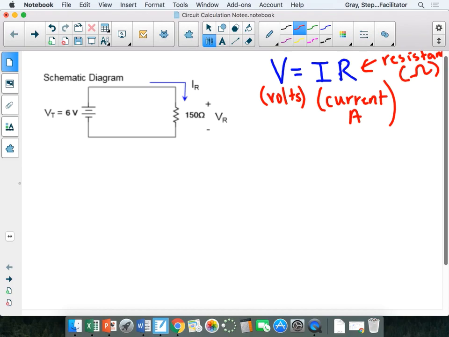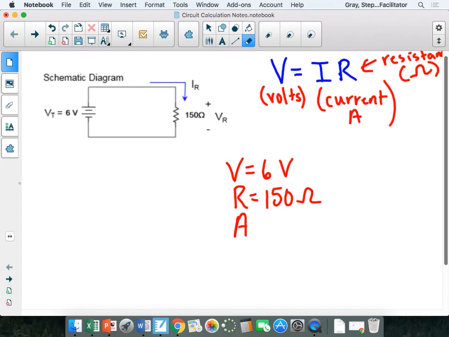Okay, so on the first one, they're just asking, the flashlight uses a 6-volt battery, so our voltage is 6, okay? And it has a resistance of 150 ohms, so the resistance is 150. And they're just asking you to find the current, which is your amps, or I. 0.04. Yeah. So we're finding I on this. I'm assuming it'd be 40